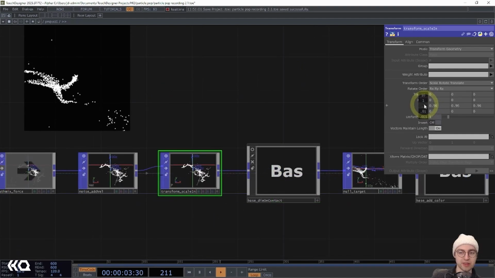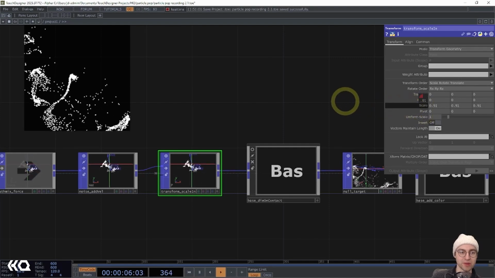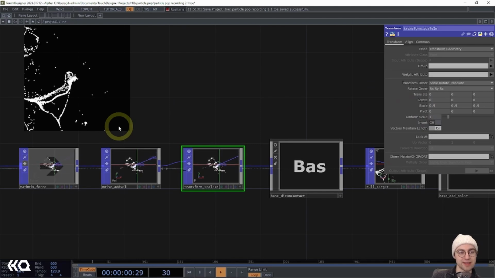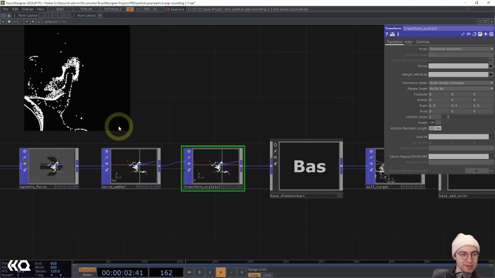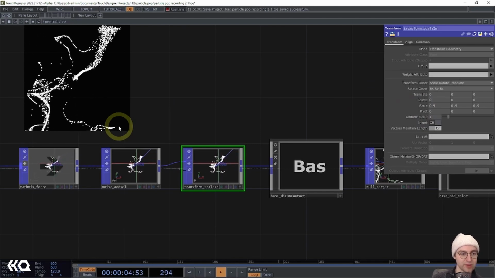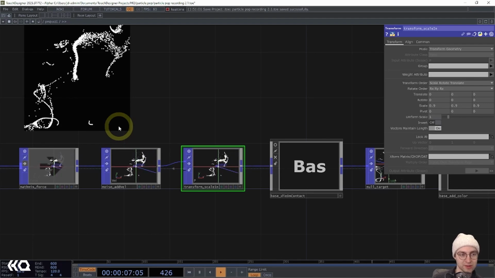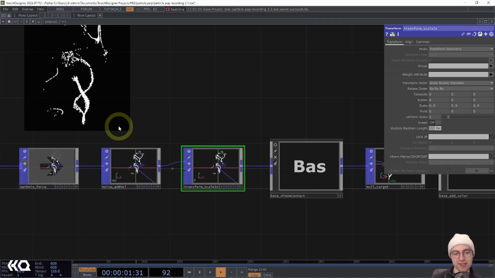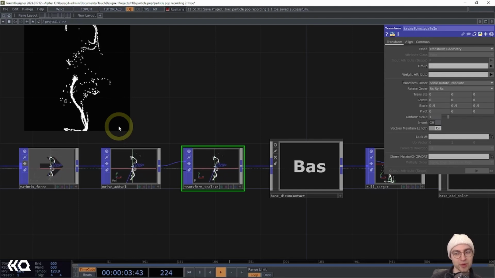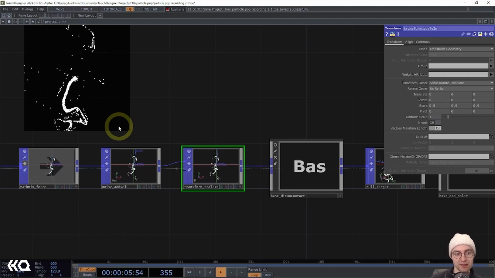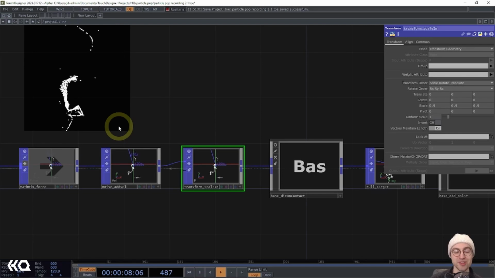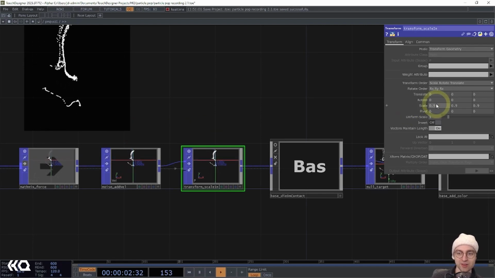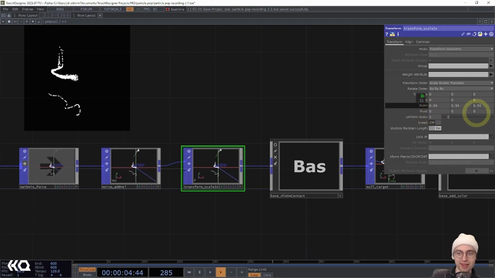So I could always, of course, decrease the scale parameter to, again, pull those points inward a little bit more. And you can see, of course, that that is then reacting with the noise that I'm applying to the velocity as well and giving us a different result. Just like in the feedback loops of the texture operators, parameter changes within these loops can often lead to some really interesting and sometimes dramatic results. So I'm going to set that back to where I had it, and we'll take a look at the next